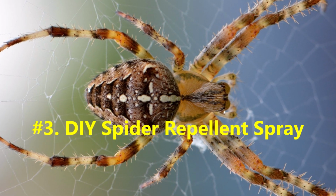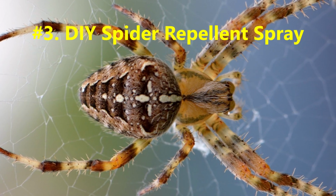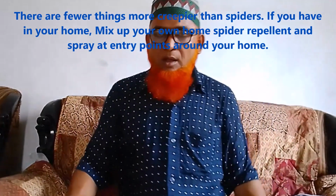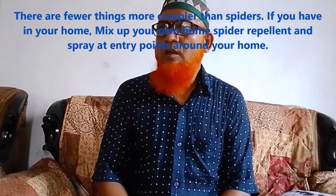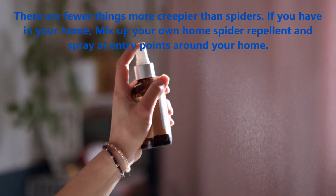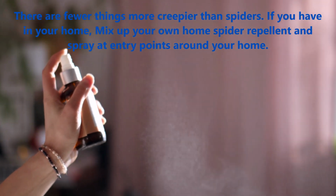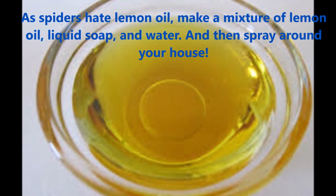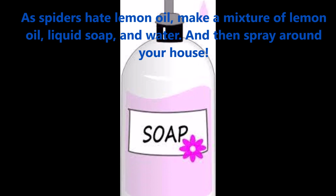Number 3, DIY spider repellent spray. There are few things creepier than spiders. If you have them in your home, mix up your own home spider repellent and spray at entry points around your home. As spiders hate lemon oil, make a mixture of lemon oil, liquid soap and water and then spray around your house,